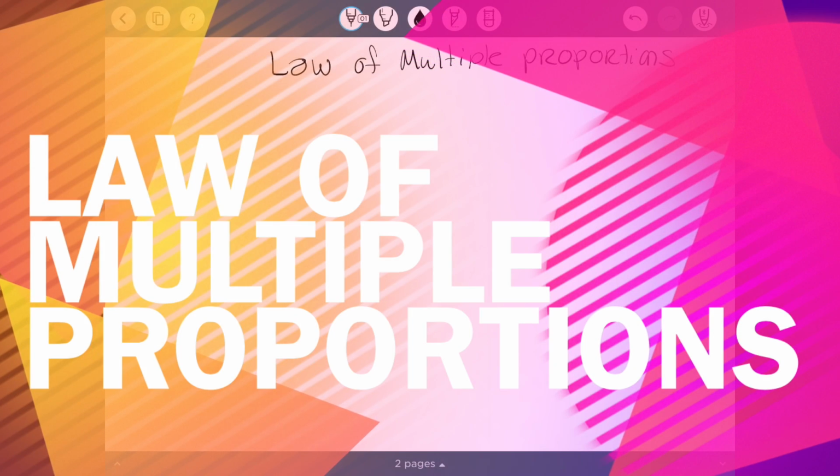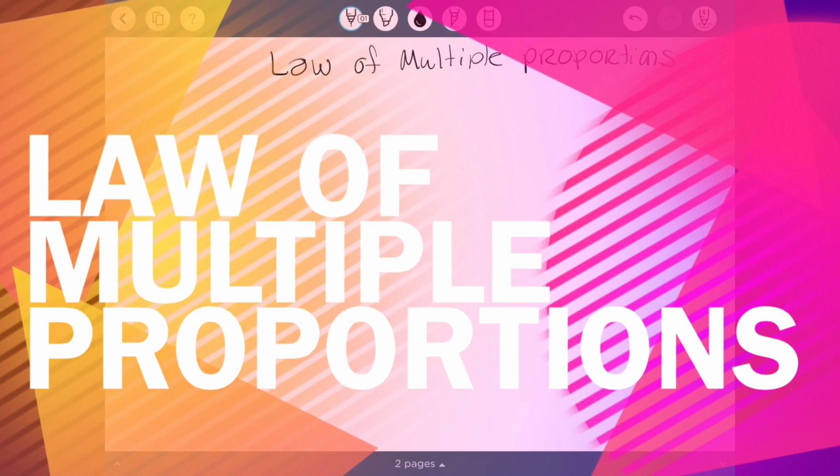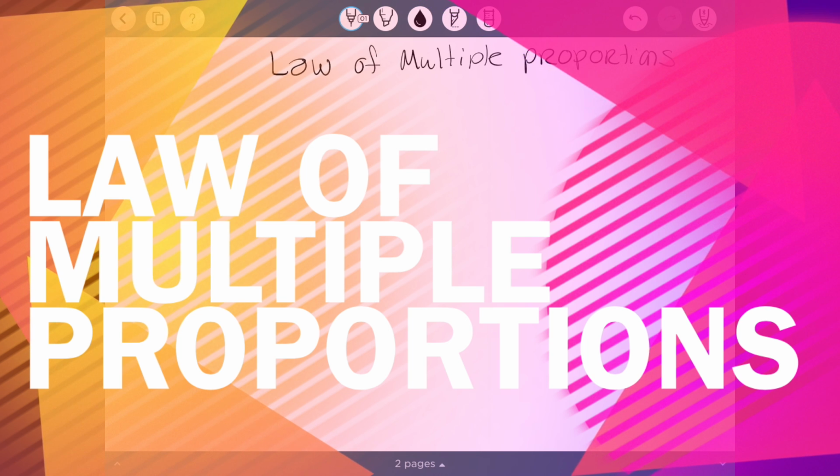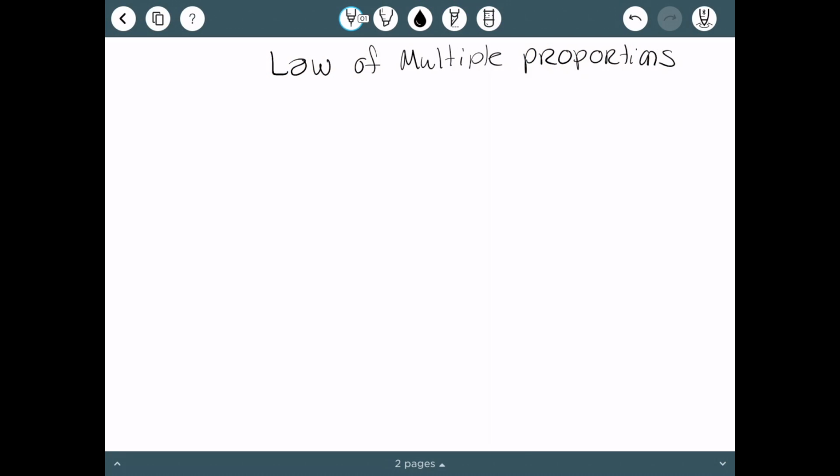Class, one of the new topics covered that was not in intro chemistry is the law of multiple proportions. For the exam, I expect you to understand this law both qualitatively and quantitatively. So I am going to give an example. Okay. So my example is